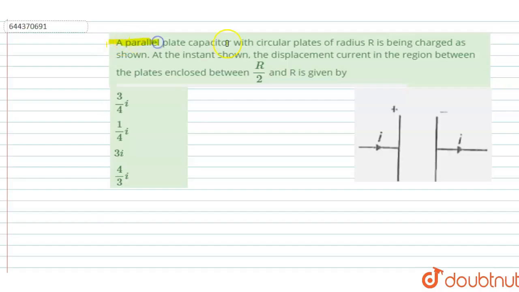In this question, a parallel plate capacitor with circular plates of radius capital R is being charged as shown. At the instant shown, the displacement current in the region between the plates enclosed between R by 2 and R is given by. Okay, then firstly,